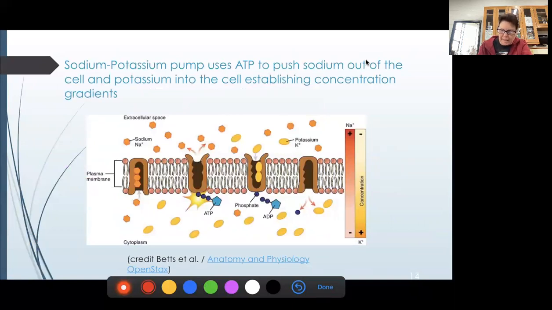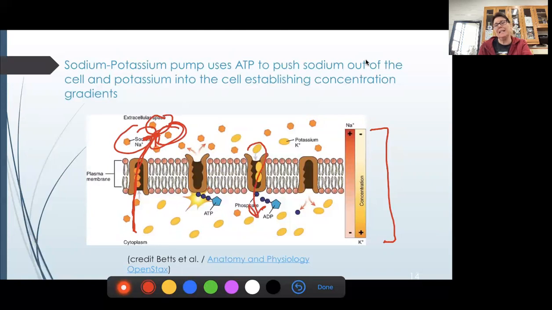And so with the sodium potassium pump, we can see our concentration gradients over here. Notice I have all this sodium. I have a little bit in here and I'm going to actively pump sodium outside the cell and then pump potassium inside the cell. And in order to do that, I have to use ATP. It's kind of like a toll booth